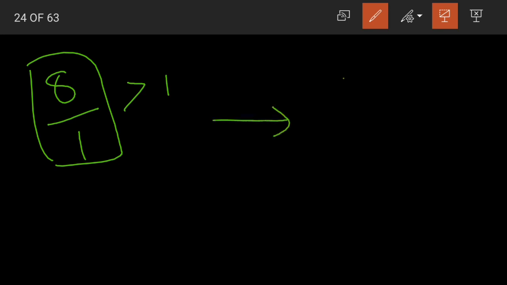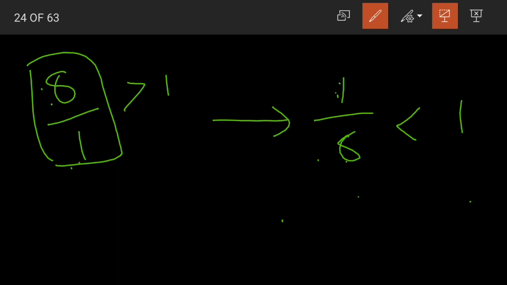Now what does its reciprocal become? This is greater than 1. Yes, 8 by 1 is greater than 1. Now what is the reciprocal of this? The reciprocal becomes 1 by 8. 1, the denominator, becomes the numerator, and 8, the numerator, becomes our denominator. So the reciprocal of 8 becomes 1 by 8. And is this less than or greater than or equal to 1? Obviously it is less than 1. Yes, it is less than 1.